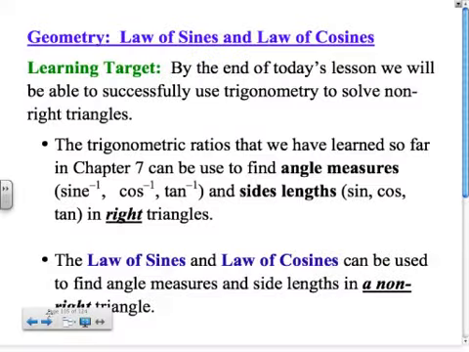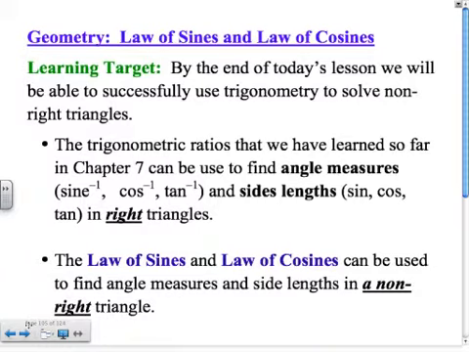So far, obviously, we've completed Chapter 7, and if you recall, Chapter 7 was all about solving for various lengths and angles in right triangles. By the end of today's lesson, the hope is that you're able to successfully use trig to solve non-right triangles. Just something to note here: the trigonometric ratios that we've learned so far, sine, cosine, tangent, SOHCAHTOA, and then inverse sine, inverse cosine, and inverse tangent when we're solving for angle measures,